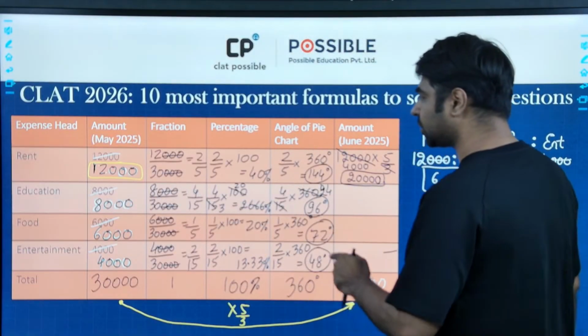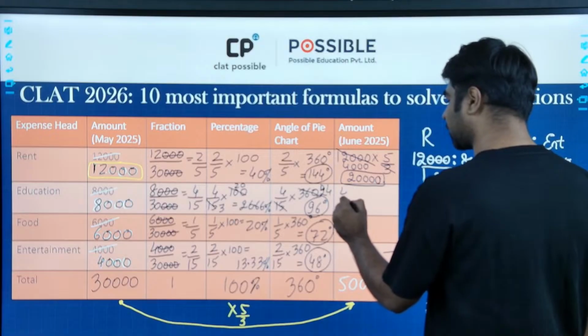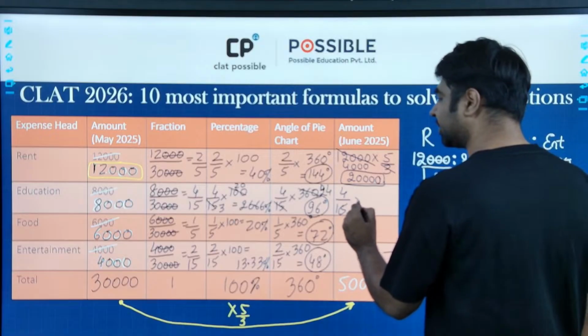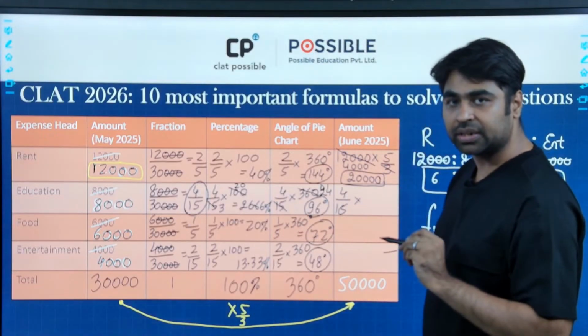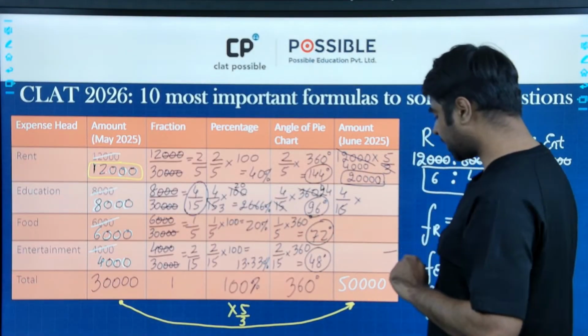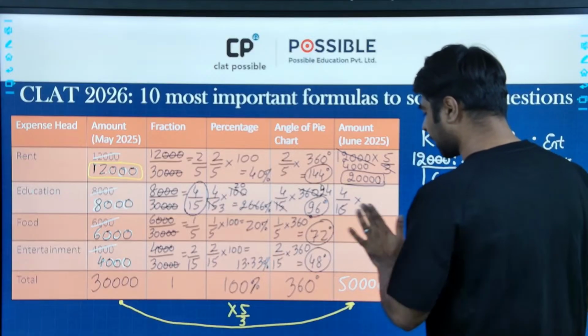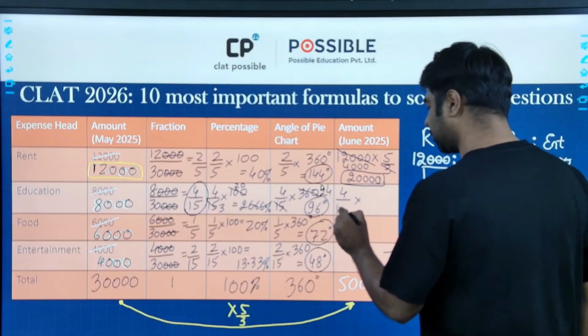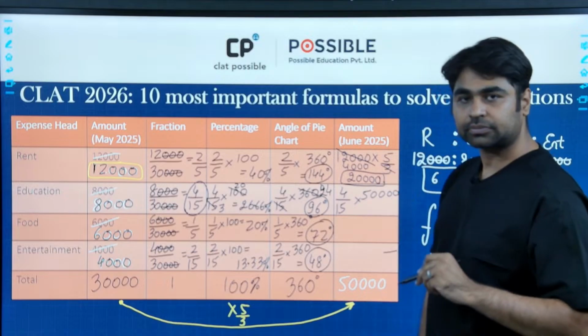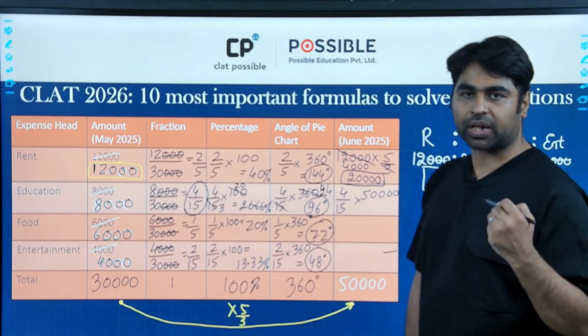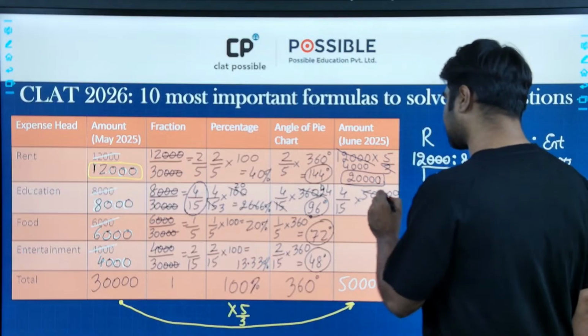So what is the fraction, guys? The fraction is 4 upon 15. If I multiply it with the total, the new total is going to be 50,000, it will give me the part value. So it will be 10,000,